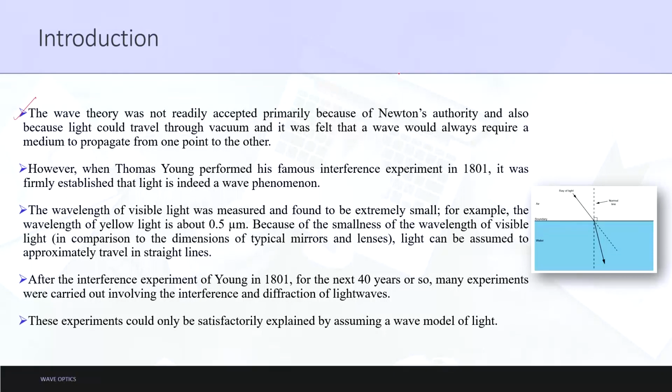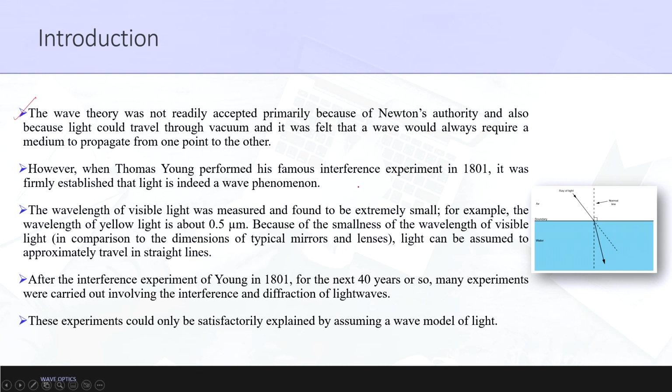Since this requirement was not met, Newton proposed that the wave theory of light cannot be accepted, and hence he tried to reject it. But when further analysis was done, it was found that a medium is not even required. Sometimes the wave can also pass through a vacuum. How this happens, if required as per the 12th syllabus, I will explain to you. But for now, Newton tried to resist the acceptance of the wave theory of light.